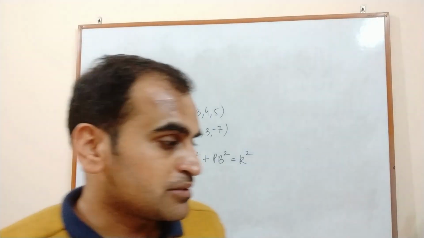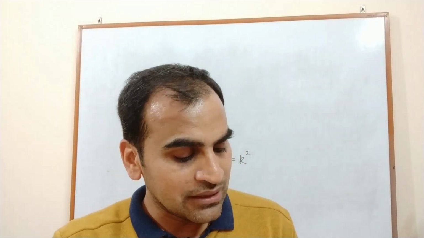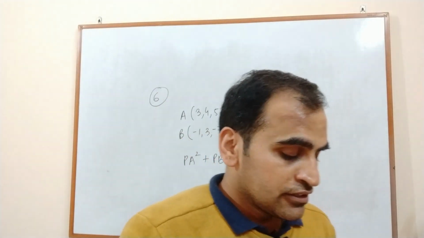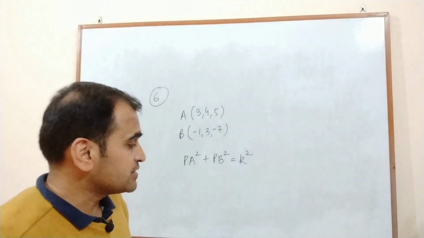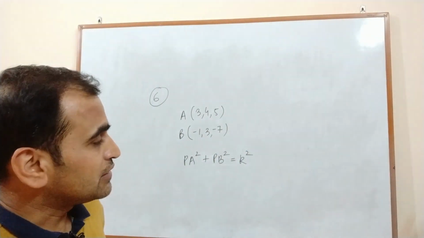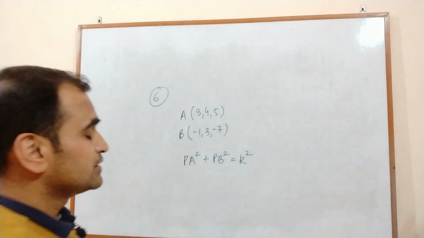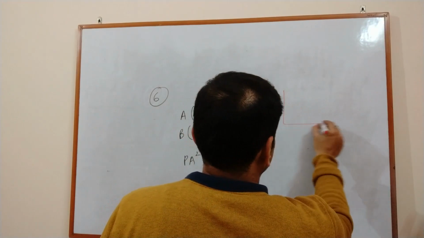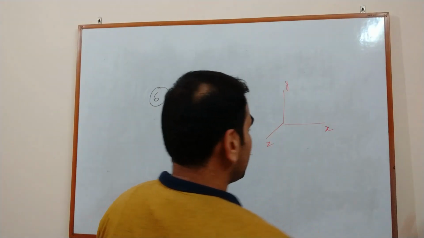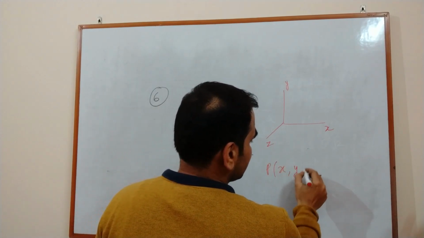Okay, so this is about your 3D. After this, the summary is given. If you study the summary, you will get all the formulas on one page. So if you want to revise, initially we have 3 coordinates: x coordinate, y coordinate and z coordinate. There are x axis, y axis and z axis. So there are 3 axes now. Any point can be represented by x, y, z.